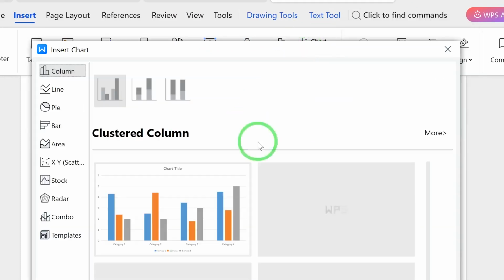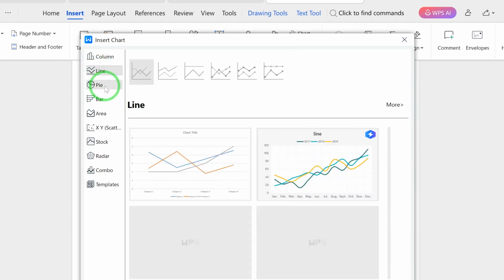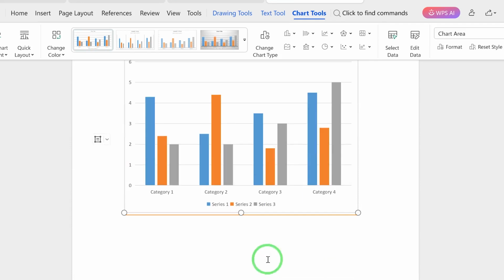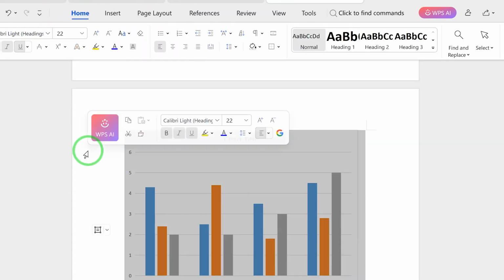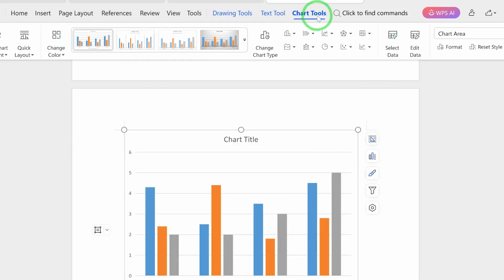or you want to insert chart directly, you can see multiple charts, from line charts to pie charts to bar charts. With just that very click, you can see you've inserted the chart directly. So you can do quite a lot of things as regards the chart. So once you select the chart, you can see the chart tools also enabled,